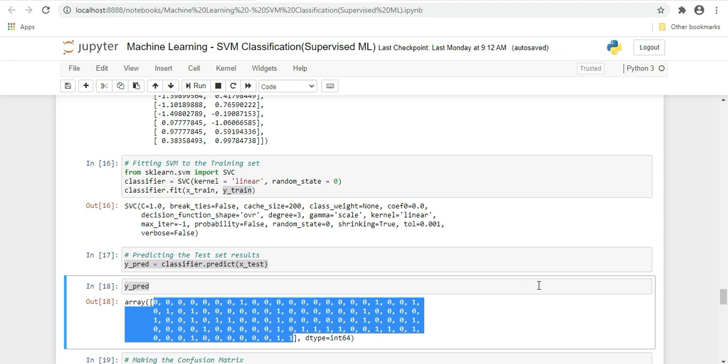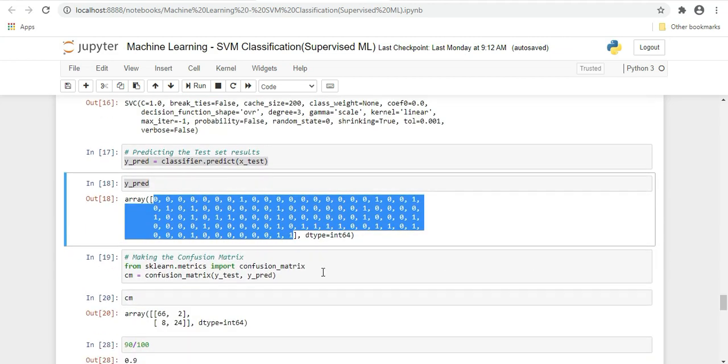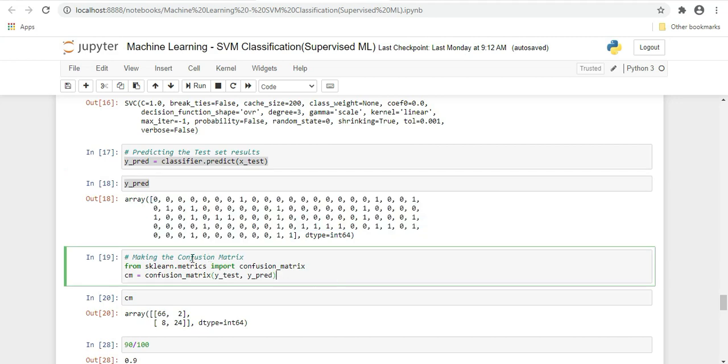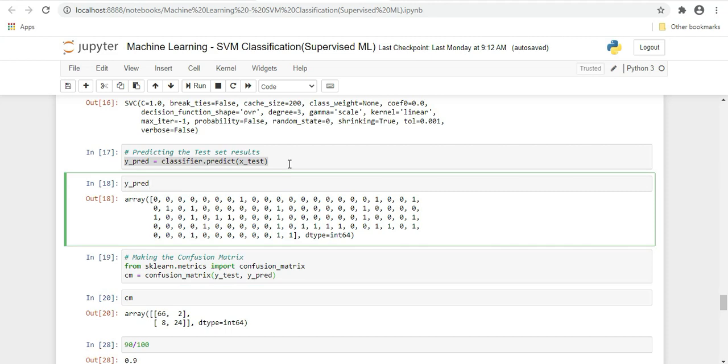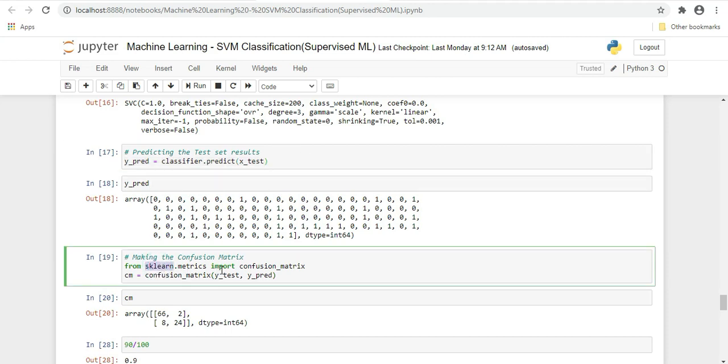Now we will check the confusion matrix to see the accuracy percentage of our model. From sklearn.metrics we are importing confusion_matrix, then confusion_matrix(y_test, y_pred), and we will store it into cm. It's just a variable name, confusion matrix.